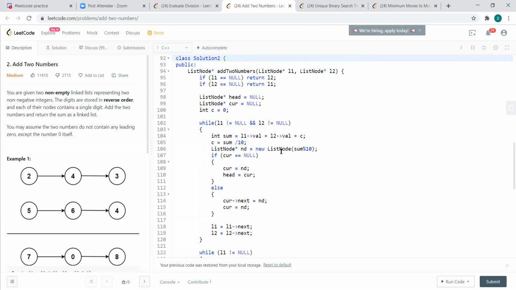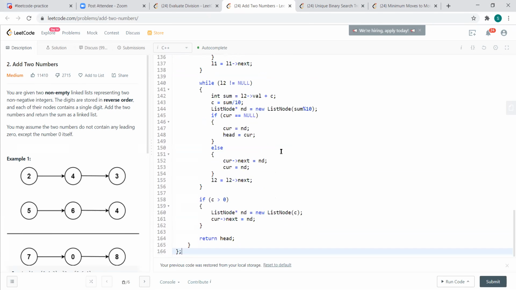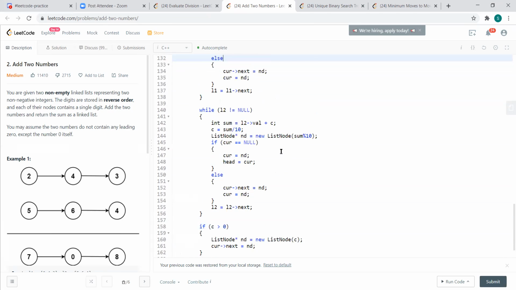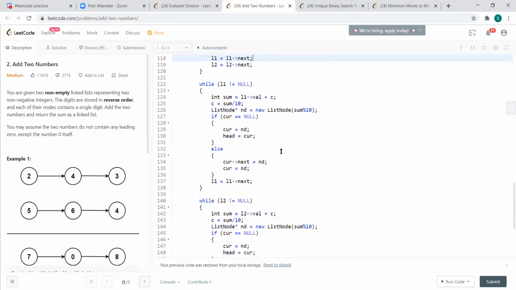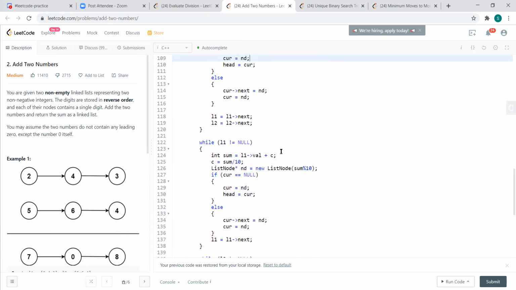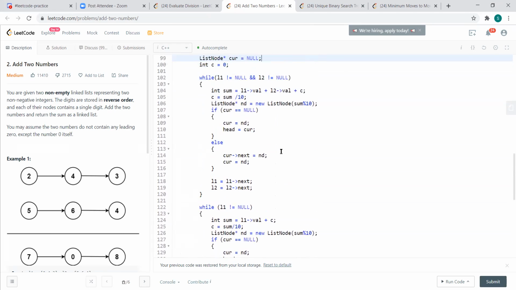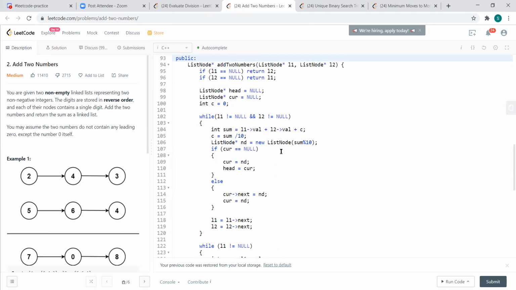Okay, so this is the one I was talking about, wherein I am not doing it the way you did the optimized version. I'm having a head and then current.